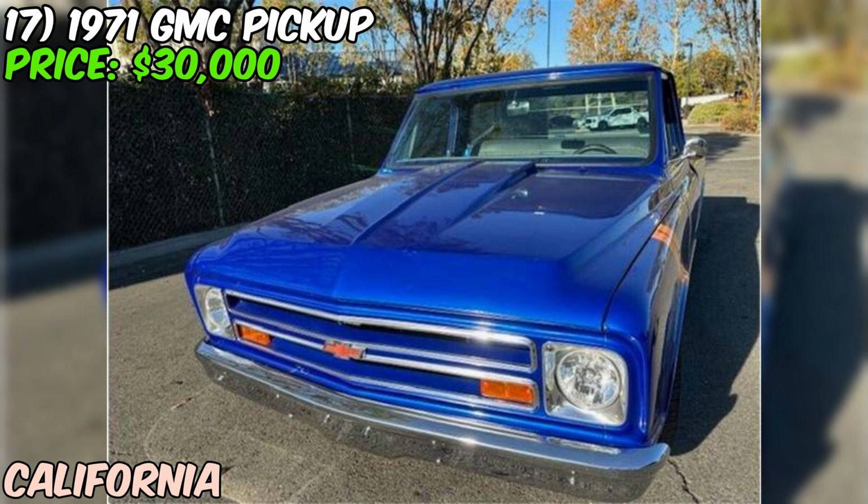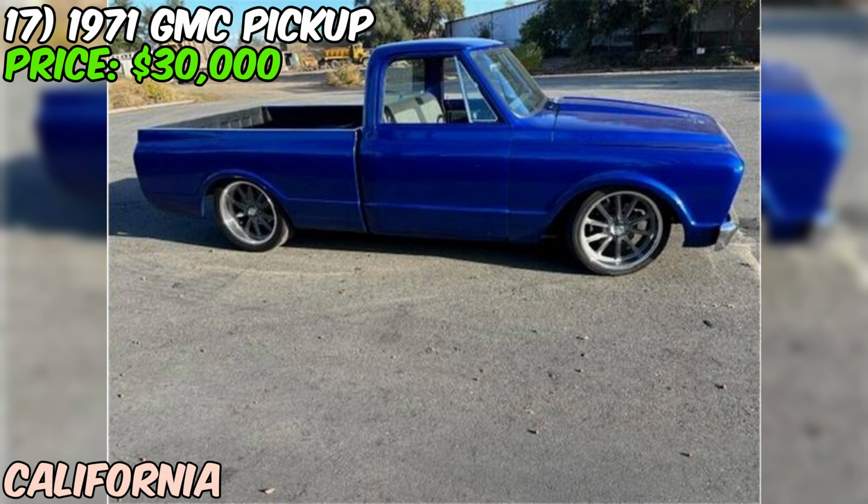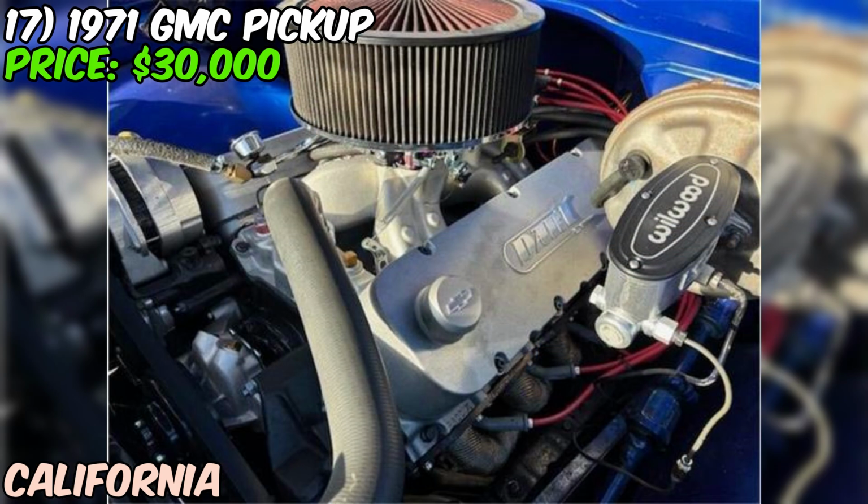There's no mention of the engine type, transmission, or any mechanical details. Even the interior color is listed as no color, which is interesting. The VIN number shown also looks unusual with those leading zeros, so that's something you'd want to verify. The truck appears to be blue, and being a 71 model, it's from the highly desirable 67-72 GMC Chevy truck